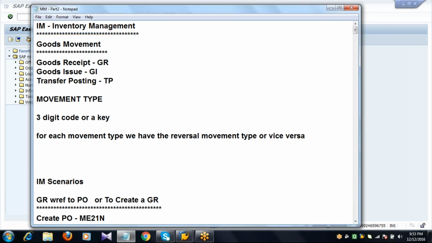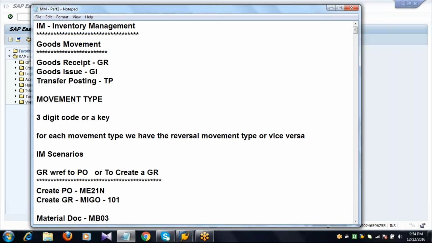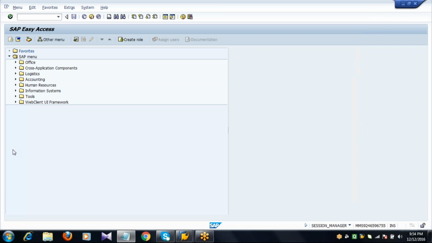Now we'll see the inventory management scenarios. First, I'm going to create a material master. So I'm going to create a new material master now.